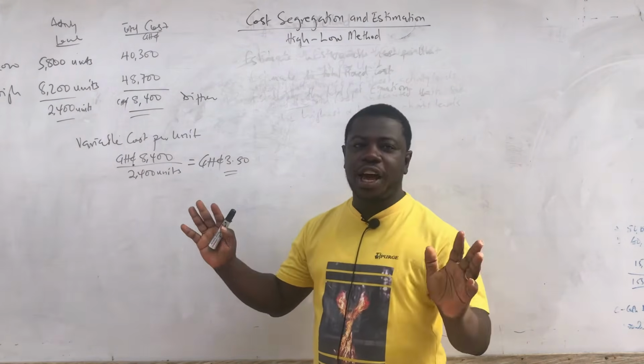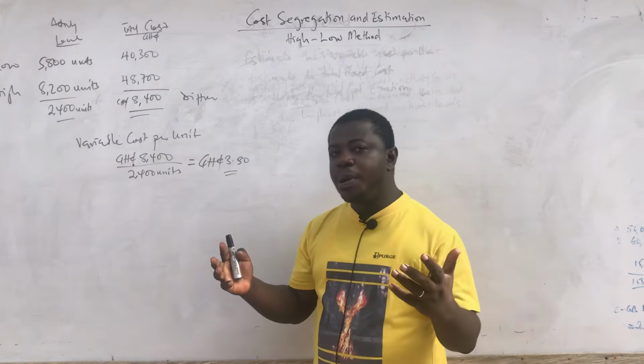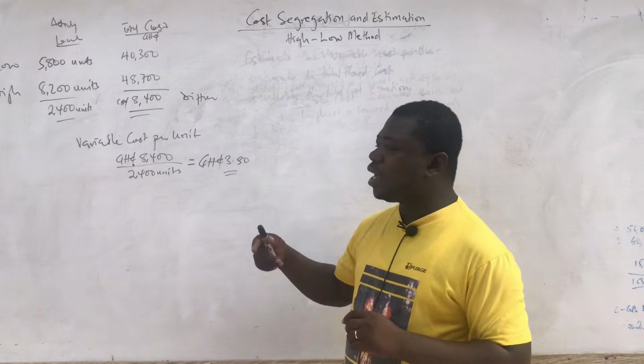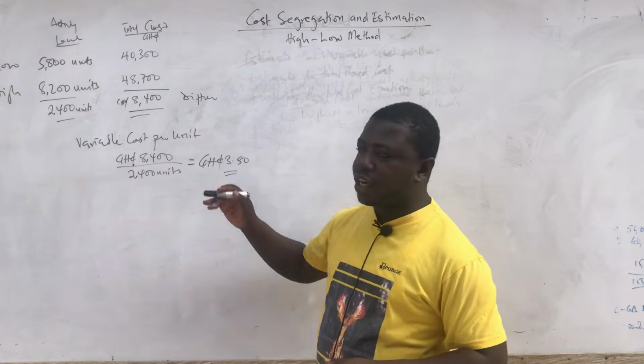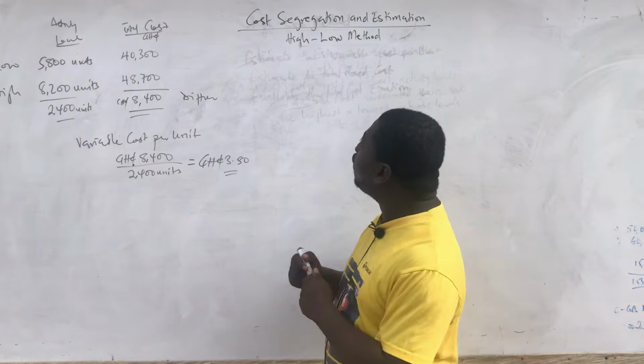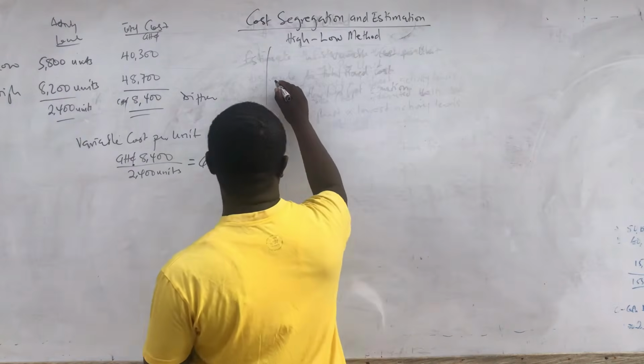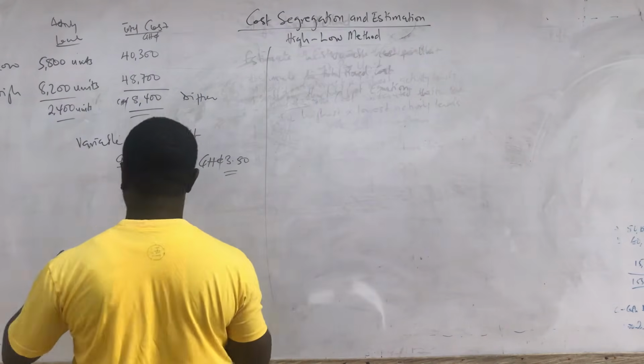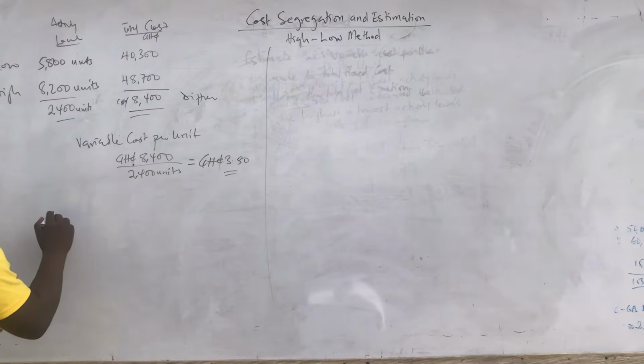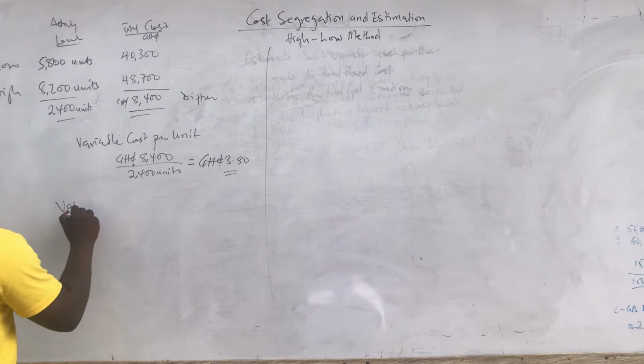So these are the 5 steps that I was talking about. On paper, it looks a little difficult, but in practice, it's very easy. Just find the difference. Now, another way you could have given a general formula for finding the variable cost per unit would have been this. So you could have just gone by this way, that your variable cost per unit